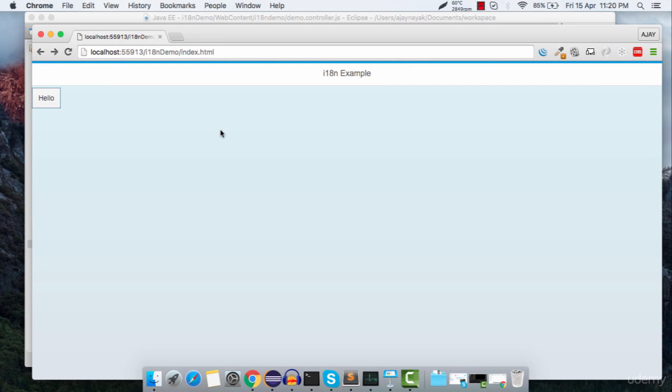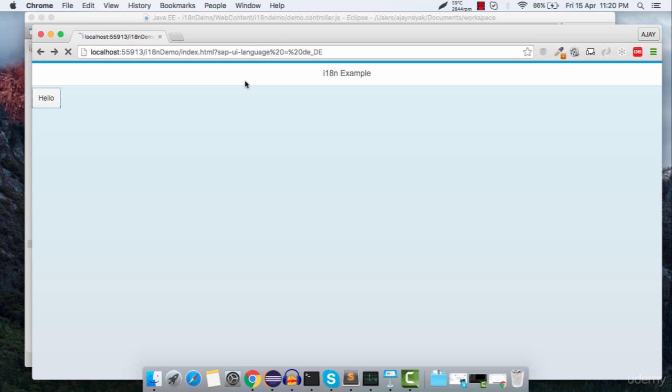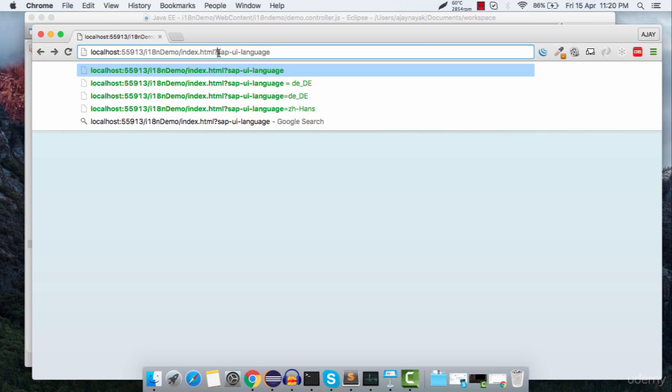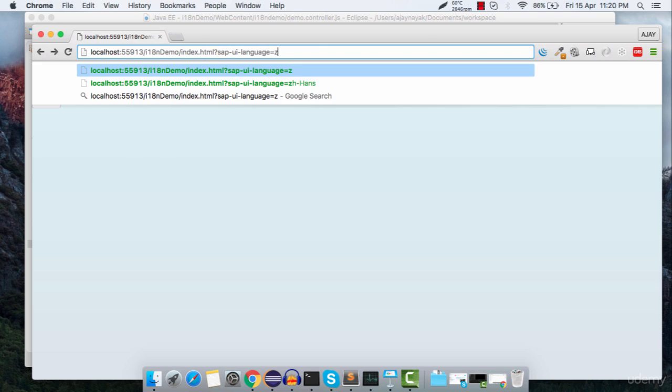So now if you also want to test how this application will behave if it is opened in China, then you can have the sap-ui-language keyword in your URL. This is the extra parameter which you need to pass with your URL, sap-ui-language, and the value should be equal to zh_Hans